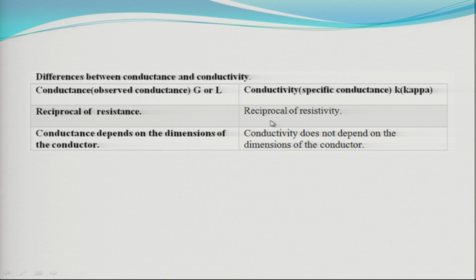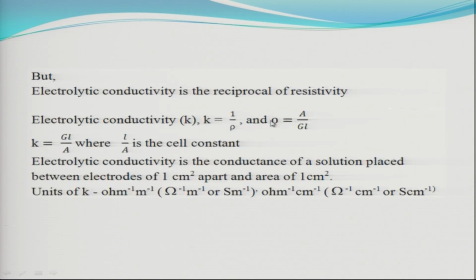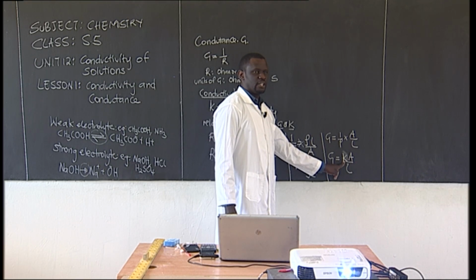So our resistivity will equal to A over G what? GL. Then we can also say that our K, we can make K the subject of the formula, and say K, which is our conductivity, will equal to